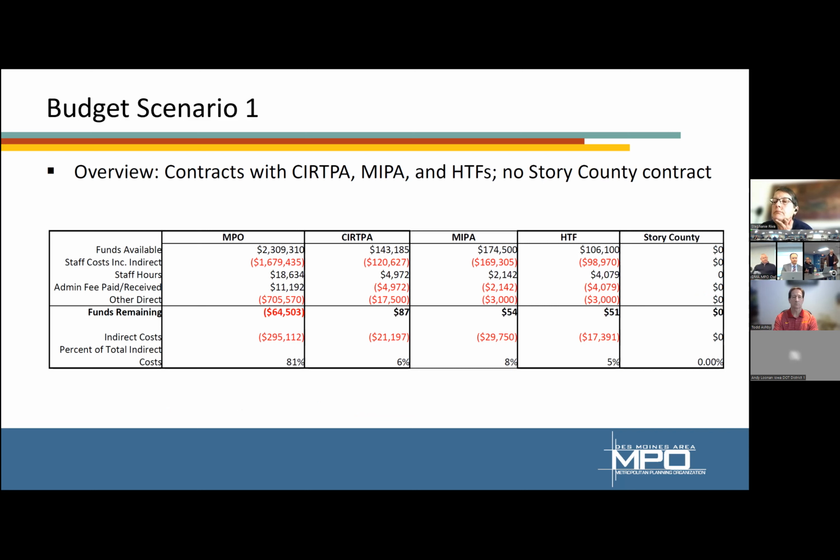If you're telling me you can do the MPO stuff, no matter what, Bob, at 17,859 hours, why would that ever change? If you tell me you can get all that work done, like you said you could, at that many hours. So we haven't identified what the work products are going to be necessarily yet. We've started with what our budget scenario is going to be, which will tell us how many hours.